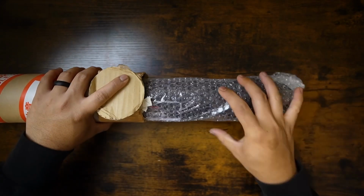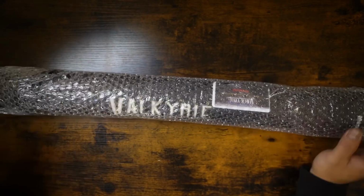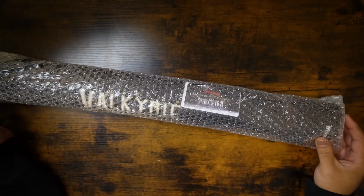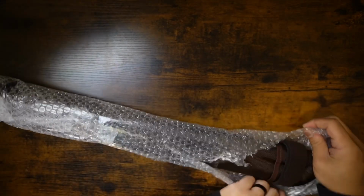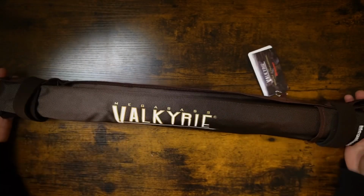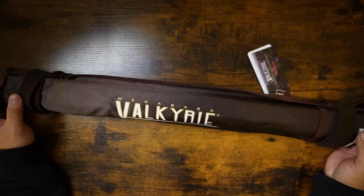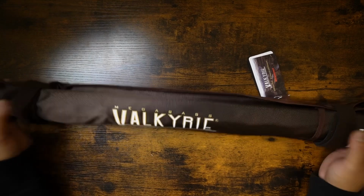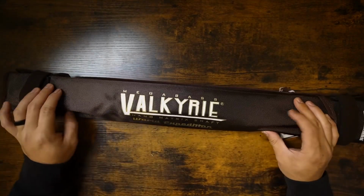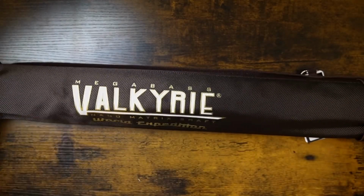So there it is right here. Ooh, you're gonna see this already maybe from the thumbnail, and there it is right here, the MEGABASS Valkyrie, I believe. Yeah, Valkyrie, that's what I'm gonna say. Alright, this is the MEGABASS Valkyrie coming from Japan, a travel, quote-unquote, SWIMBAIT fishing rod. MEGABASS doesn't claim this as a SWIMBAIT rod, but a lot of people use this for SWIMBAIT. So this is the Valkyrie, man, that's so hard to see. And then Work Expedition. So from MEGABASS, wow, this is nice quality